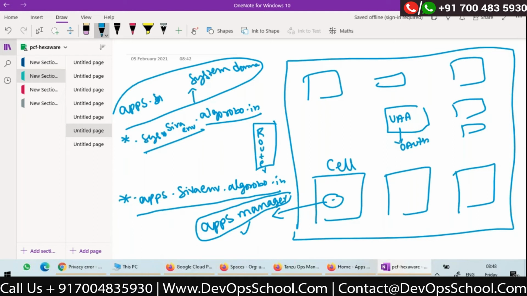So when I tried to hit my Apps Manager, I was redirected to the login page of the UAA server. That's where I gave credentials, right?